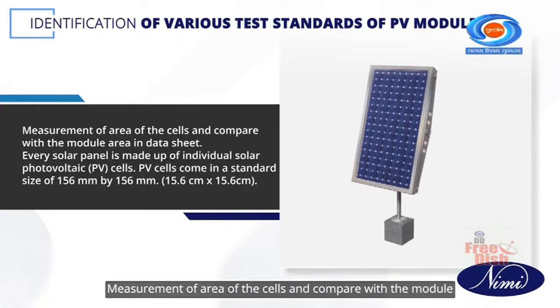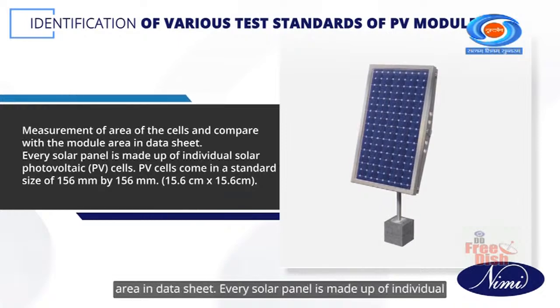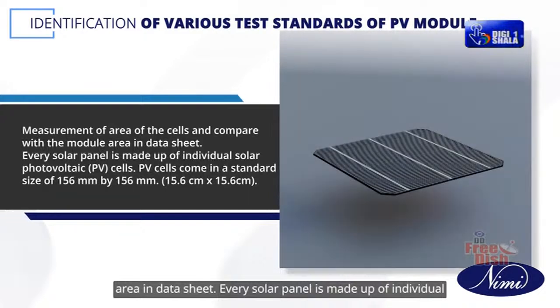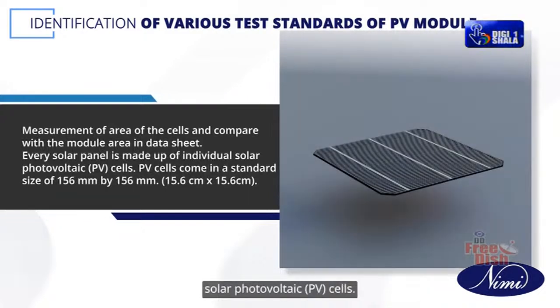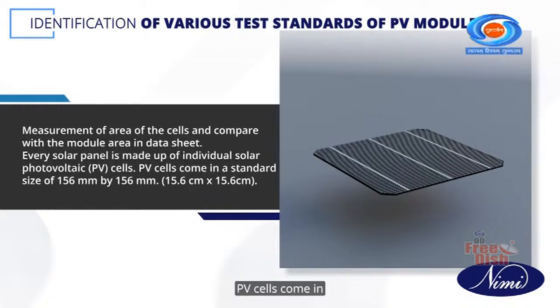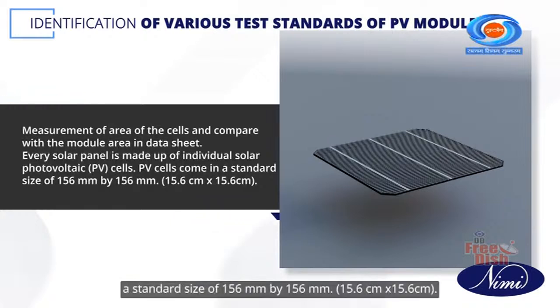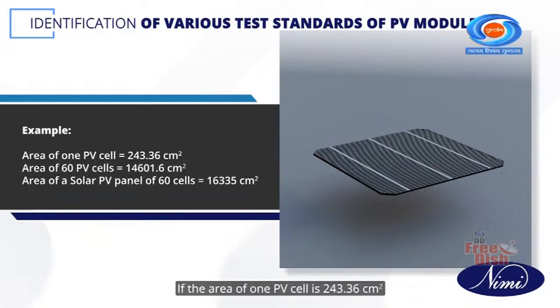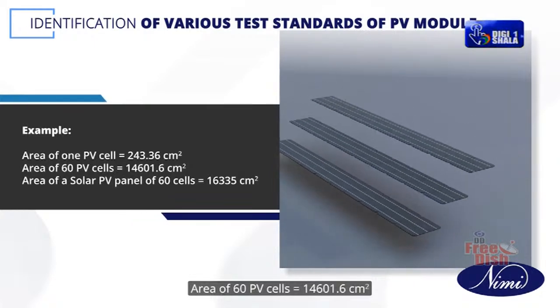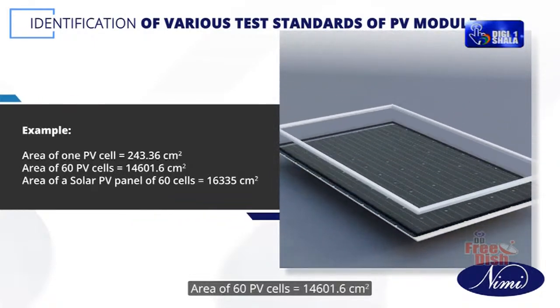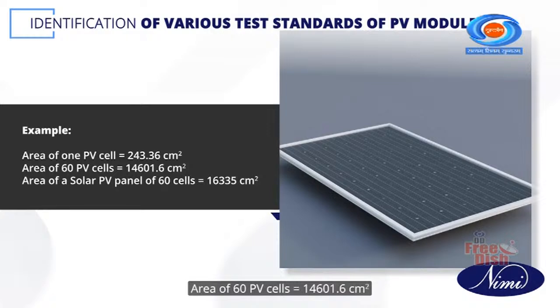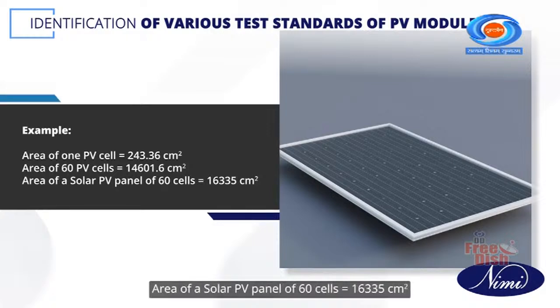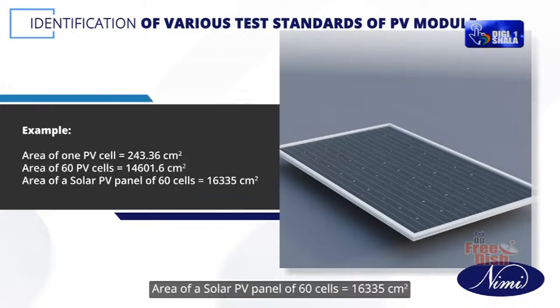Measurement of area of the cells and compare with the module area in data sheet. Every solar panel is made up of individual solar photovoltaic PV cells. PV cells come in a standard size of 156 mm by 156 mm. For example, if the area of one PV cell is 243.36 cm square, area of 60 PV cells is equal to 14,601.6 cm square. Area of a solar PV panel of 60 cells is equal to